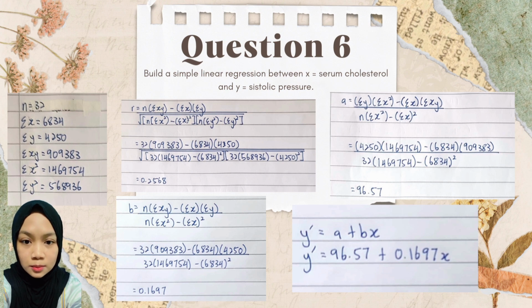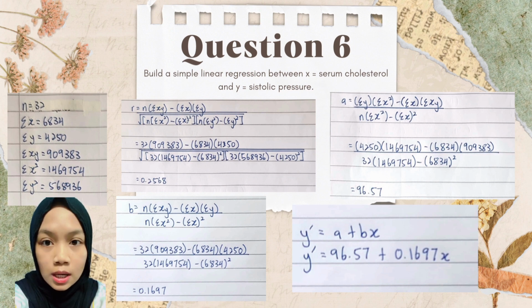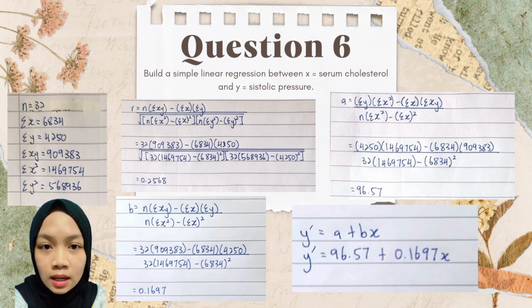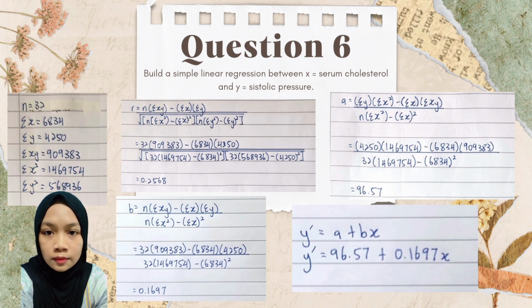For question 6, build a simple linear regression between x equals serum cholesterol and y equals systolic pressure. As we know, the number of samples is 32. Total of x is 6834. Total of y is 4250. Total of xy is 909383. Total x square is 1469754. And total of y square is 568936. We substitute into formulas A and B, which got